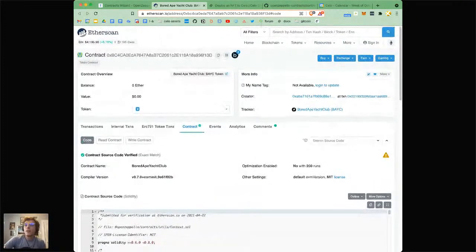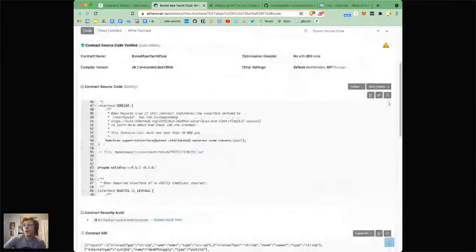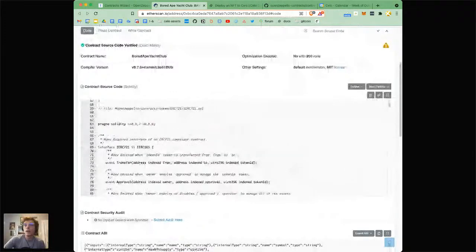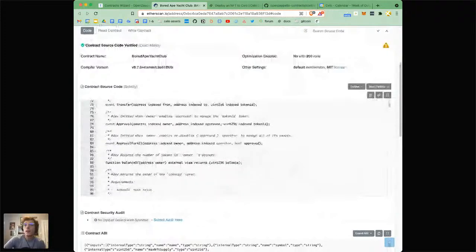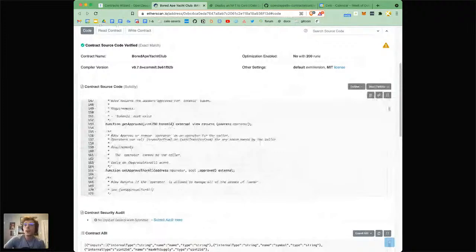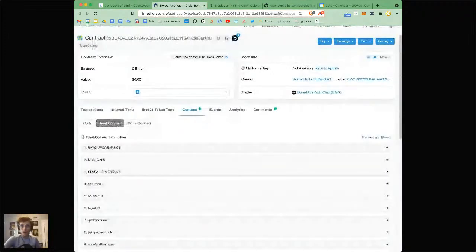And I'm looking at their verified contract. But it's actually pretty simple. It's verified, so I can just look at the source code here, but it's an ERC 721 contract. I'm actually just going to go to read contract, and we can look at the functions that are available to it. Like a lot of these functions are defined in that